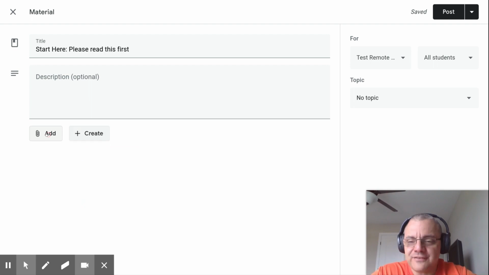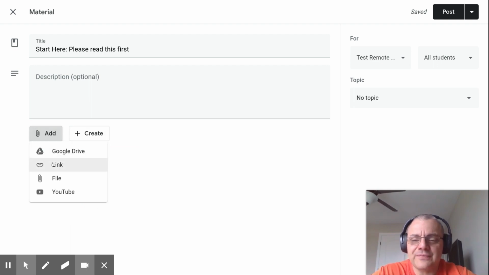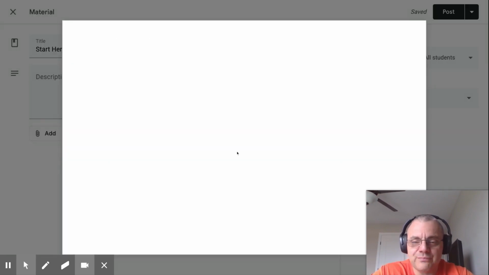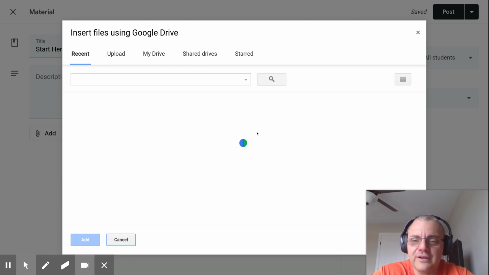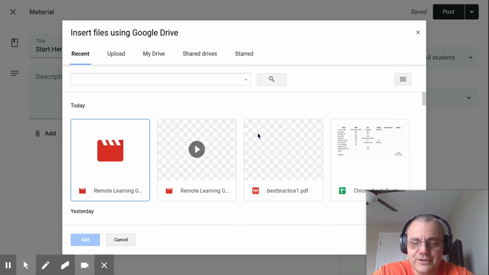If you already have stuff made, you can go to this side and you can either, if it's a file, you can link to a file in your Google Drive, like if it's a PDF, or if it's a link, sorry, you can link to a website. If it's a file like a PDF, you can put it there. If it's a YouTube video that you made, you can do that. And if it's a Google Drive file, really easy Google Drive integration, you can just click on this and you get what they call a file picker, and you can go find what you're looking for.